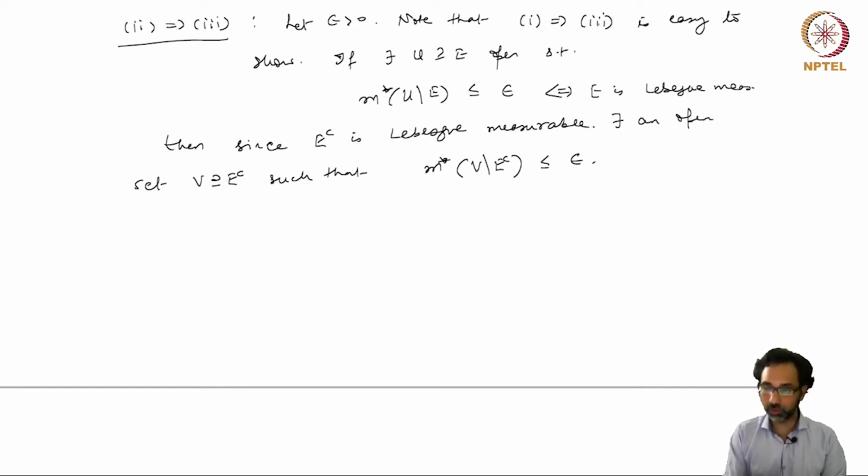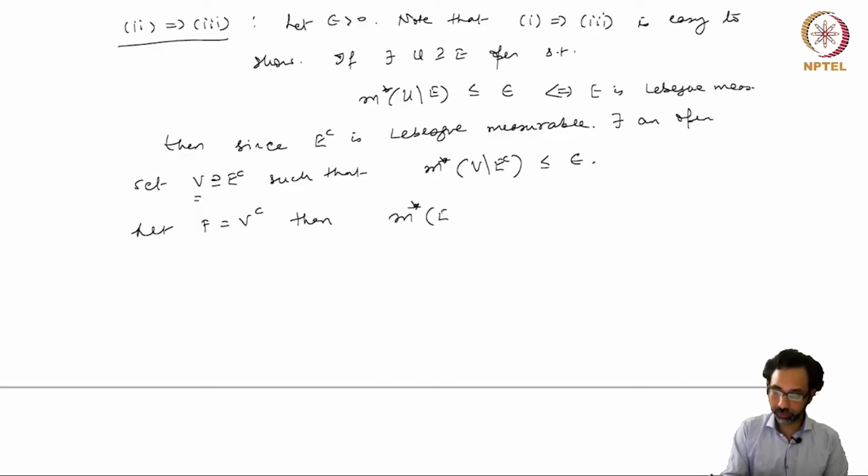Now if we want to prove 3, which is to give a closed subset F of E such that the outer measure of E minus F is less than or equal to epsilon, then we can take F to be the complement of this set V. Let F be V complement. Then